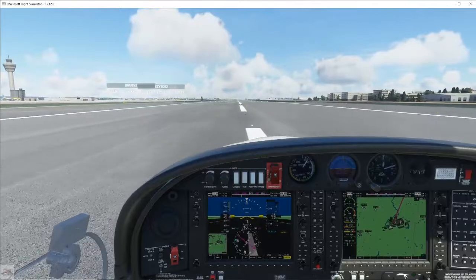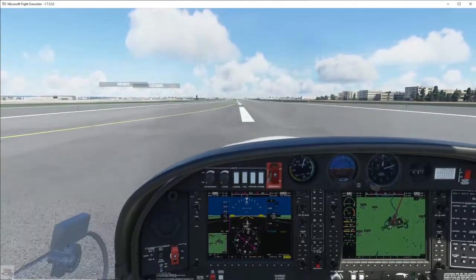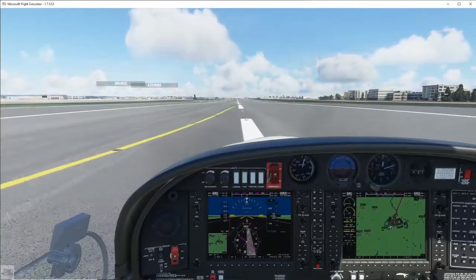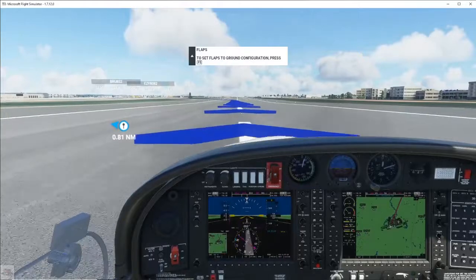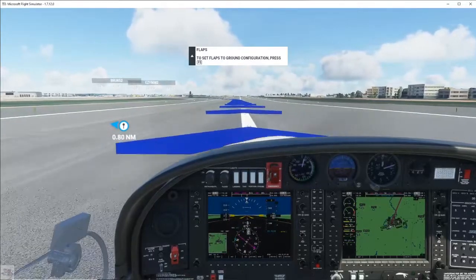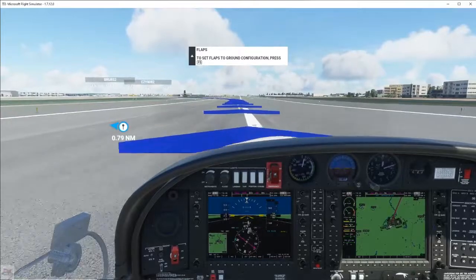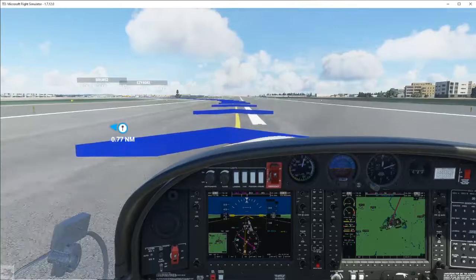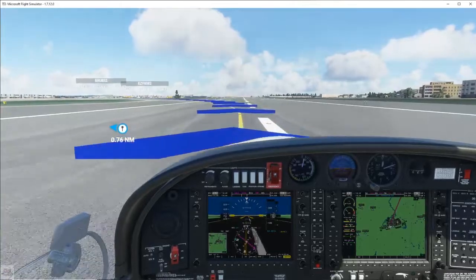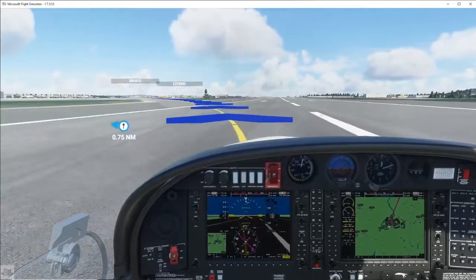Where's the nearest exit? Should be one coming up here, I think. Diamond X-ray Golf, Sierra return, next taxiway. Alright, and Bloom. There's our guides. Now, if you don't know how to turn those on, I'll show you in a moment, because they're not on by default. You have to guess where you're going. Actually, okay, not guess, but